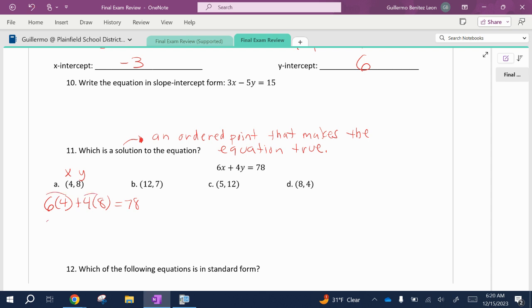These get multiplied, that's 24, that's 32, and 24 plus 32, that's 56. Is 56 equal to 78? No, this is a false statement, so that means A is not the answer. Then I have B, C, D,